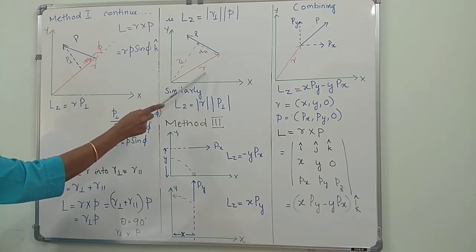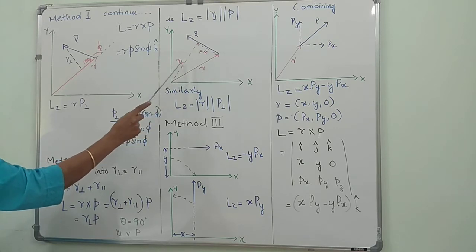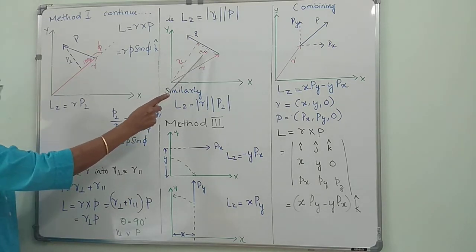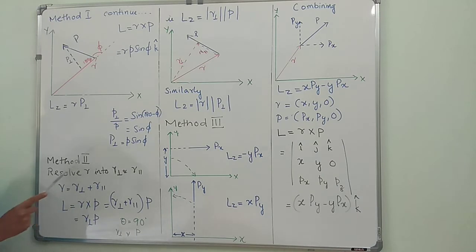So here r is taken as r perpendicular plus r parallel. So r is substituted as r perpendicular plus r parallel, in r cross p. Instead of r, again we are substituting this. So this will be equal to r perpendicular cross p plus r parallel cross p. r parallel cross p will be 0 because both these vectors are parallel. r perpendicular cross p will remain.